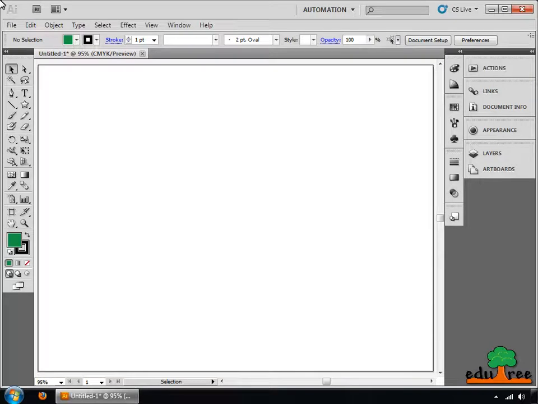Select pen tool from Tools panel. Or press P on your keyboard. This is the shortcut key to activate pen tool. To create an anchor point, the beginning of a line or shape, click anywhere on the stage. A small blue box will note the location of the point.